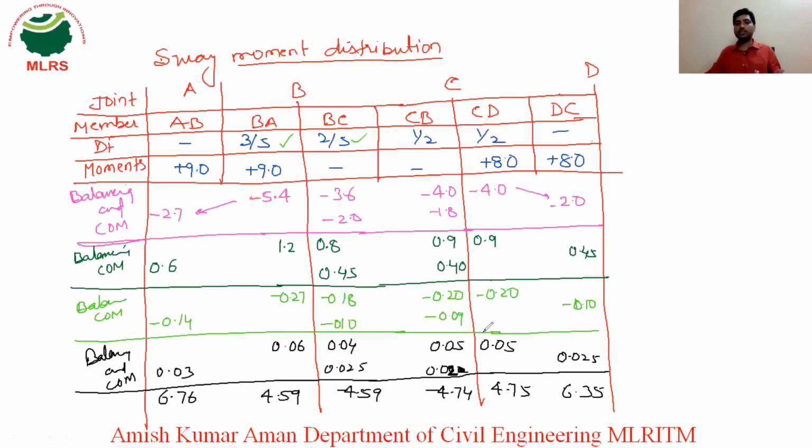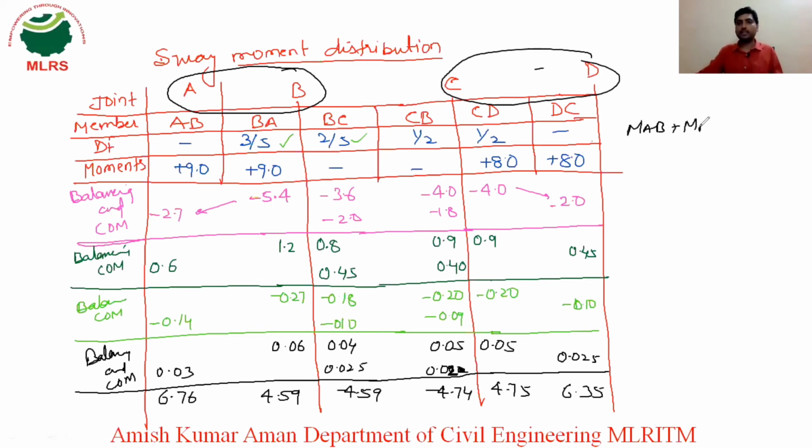Now again from here we will find the sway forces and check whether the sway force we have taken is correct or not. That is 0.74, we have taken that 0.74, whether these moments are matching that value or not. Whether we have to increase the moment or decrease the moment, we need to check. Similarly, in the previous question we have checked that. So for that, what will you check? For AB, because you know for a span AB only the sway force will be, and for CD, not for BC.